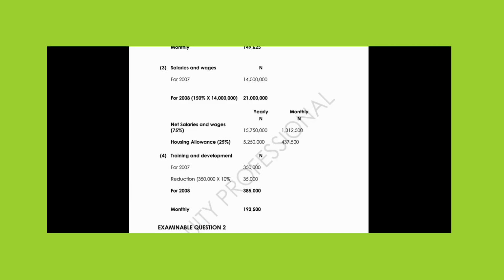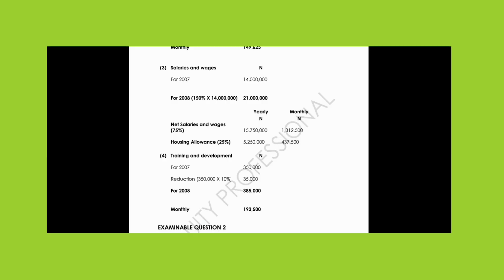If you go and check ICAN Pack, this question is in ICAN Pack. But I will break it down like you want. That will still be the same. So don't let us dwell too much on this. I will do an Excel template that will show the breakdown again. So any other question?